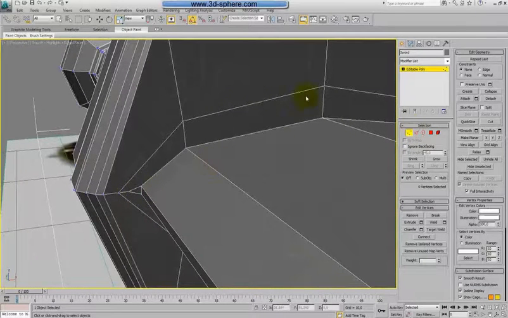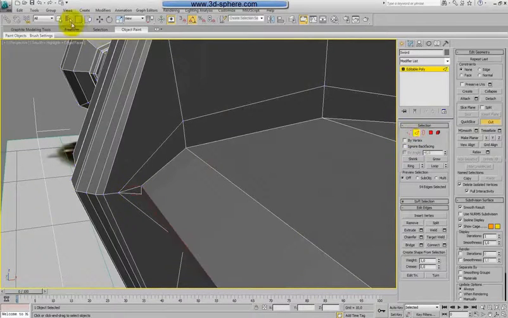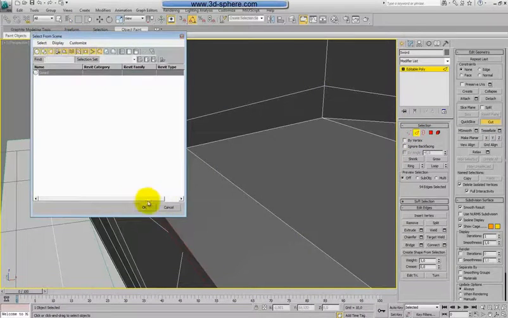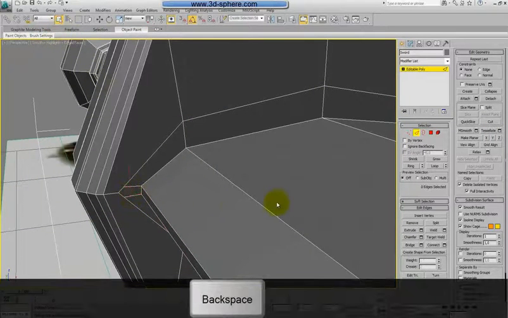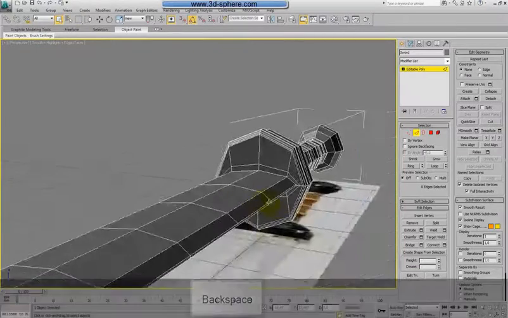Now in modeling triangles are very bad, so try to avoid them, and if you can, replace them with quads. So I will do here 2 cuts, here and here. Select the edges here, this and this, and just backspace to delete them. And the same I will do on the other side,